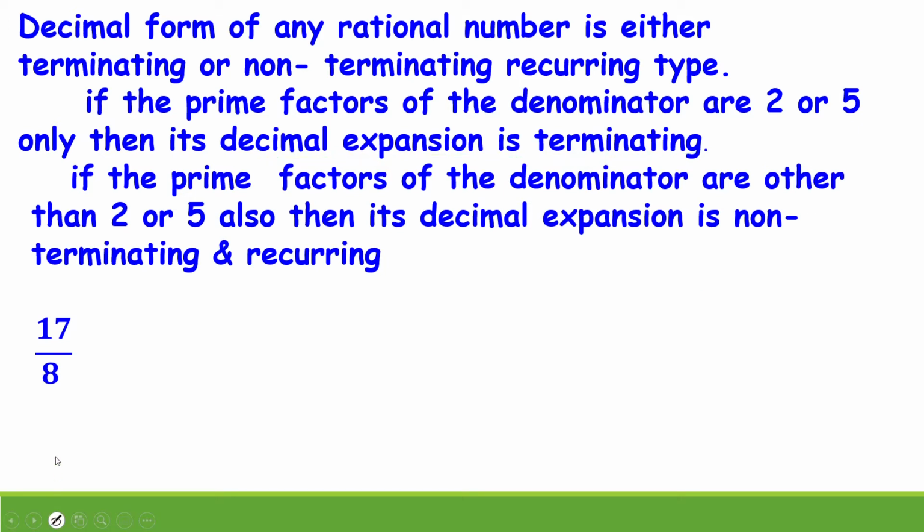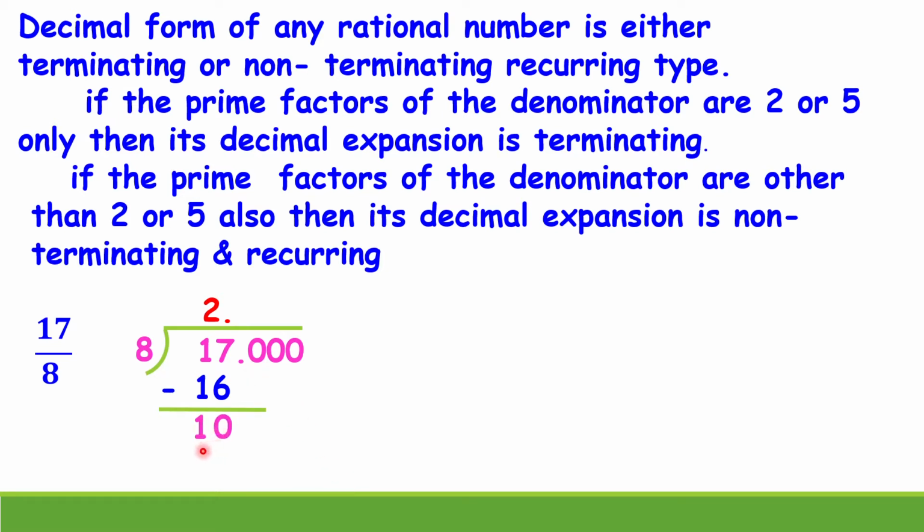Now we actually divide 17 by 8 here. Therefore 17 is the dividend and 8 is the divisor. 17 is nothing but 17.00. Now count the table of 8 up to the number which is near to 17. Therefore 8 ones are 8, 8 twos are 16. Therefore the quotient is 2 and we subtract 16 from 17. Then 1 is remaining. Now we carry 0 here, therefore the number will become 10.